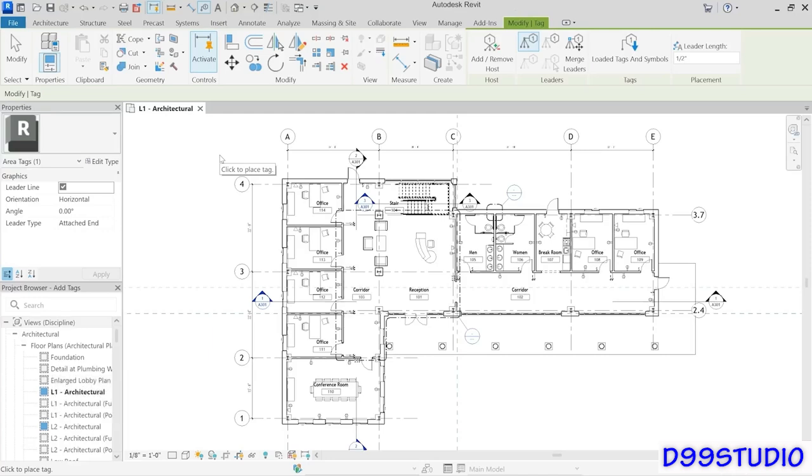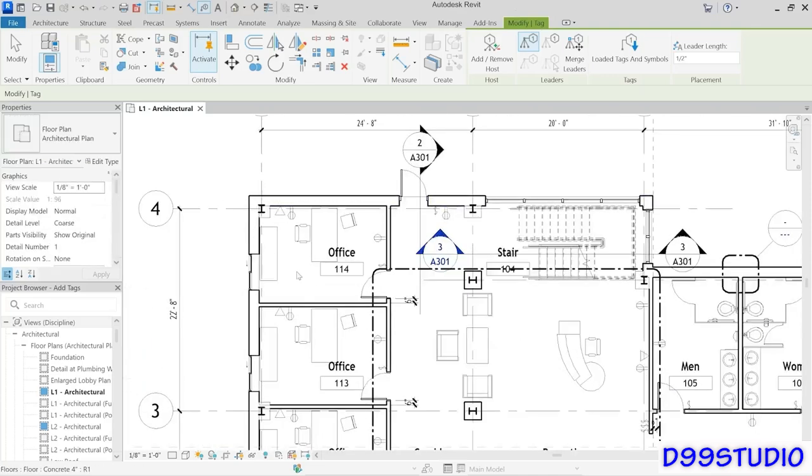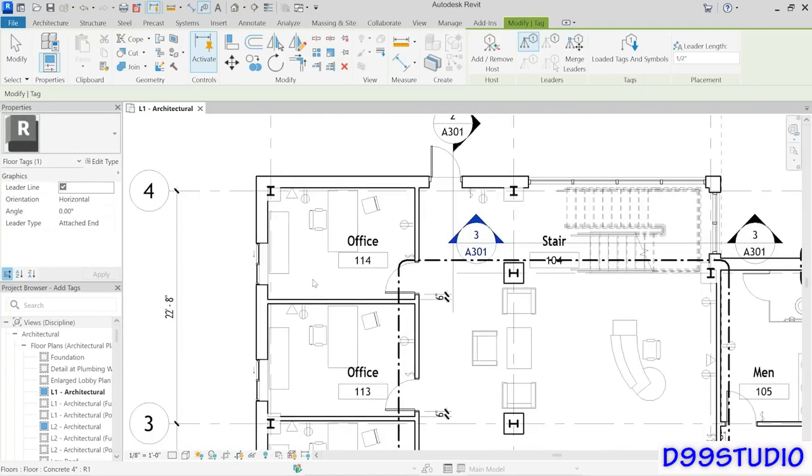And what it's really meaning is to click on some element that you want to tag. So what I'm going to do is zoom in the upper corner of my floor plan here. And I want to just show you the behavior of the tags without clicking just yet. So don't click yet. I want you to just sort of move next to an element. And notice that the default behavior is for the tag to appear with a leader line attaching it to its host element. So there's a square symbol for walls. Here's a little pillbox symbol for doors. Here's a diamond symbol for windows. We've got a little hexagon type symbol here for furniture,